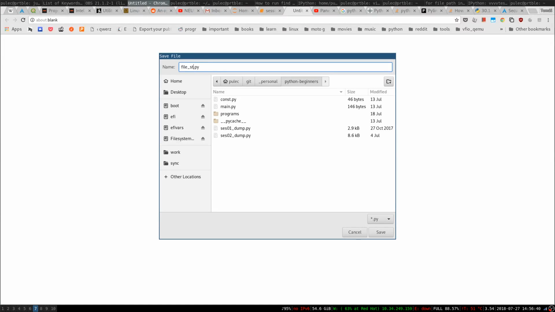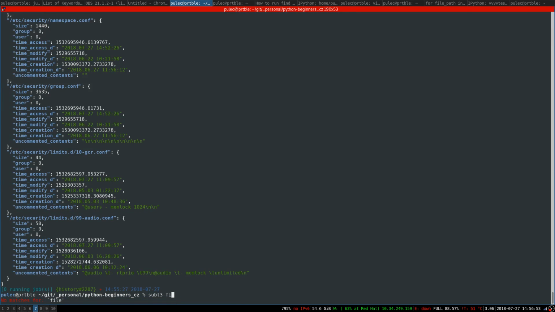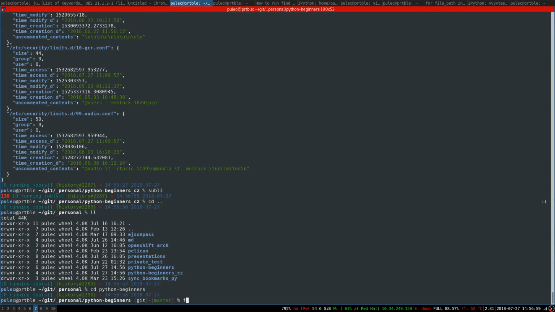File stat. Stater, whatever. We saved it, and now let's edit it. We can use it in Sublime, because in Sublime I have it, not in this folder, in this folder. In Sublime I have an Anaconda plugin,